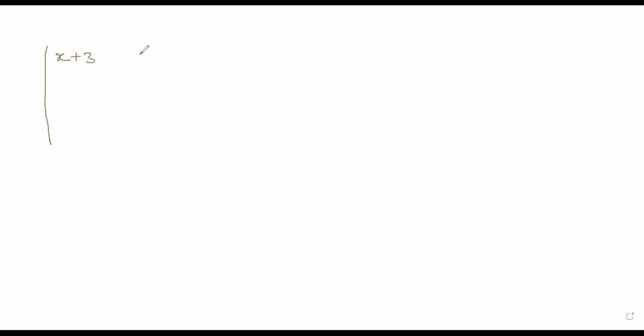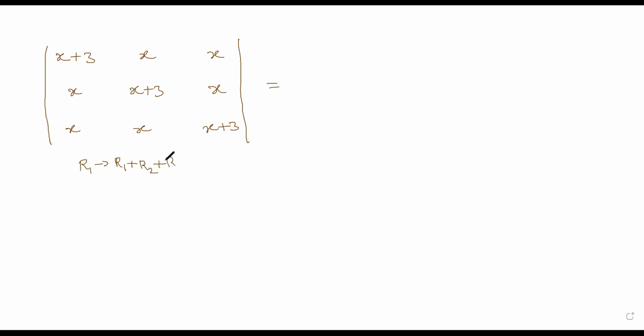X plus 3, x, x plus 3, x, x plus 3. This is what is given to you. And now you have to prove that this is equal to 27 times x plus 1. So I'll tell you how to do this. It's very easy, based on the logic we just played with, we will solve. What I'm going to do is this: R1 becomes R1 plus R2 plus R3.